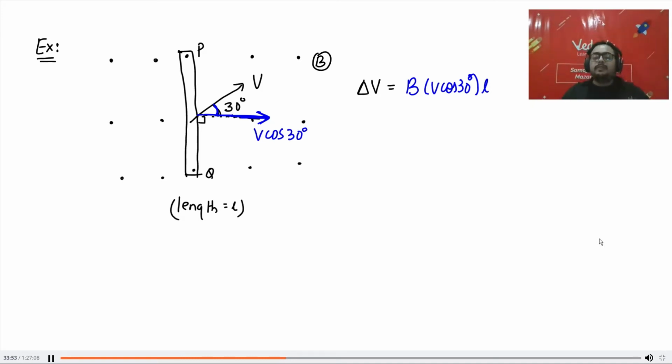Now, which one is at higher potential? So where should I keep my thumb? V. And where is the magnetic field? Outside. Magnetic field is outside, so the fingertips should point outside. V cross B, so the palm is coming down. Are you getting my point? So the battery will be made like this. Now this time Q is on the positive side and P is on the negative side. That is why I will say Q is at higher potential.